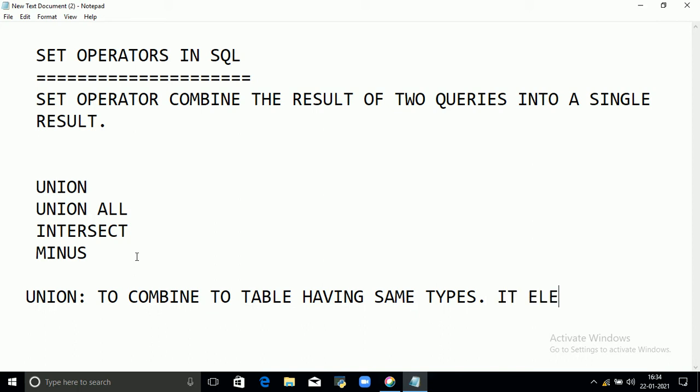It eliminates duplication. It does not allow duplication.